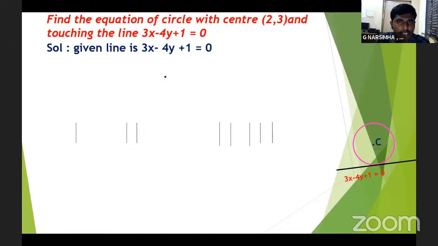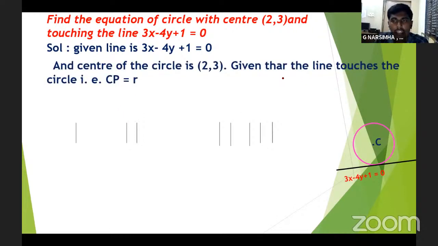Just observe this question. Center is given. If you find the value of radius, you can find the equation of circle. Can you find the equation of circle? Simply that is x minus h whole square plus y minus k whole square is equals to r square. Given line is 3x minus 4y plus 1 is equals to 0. And the center of the circle is given. Center of the circle is 2, 3 given. And also given that